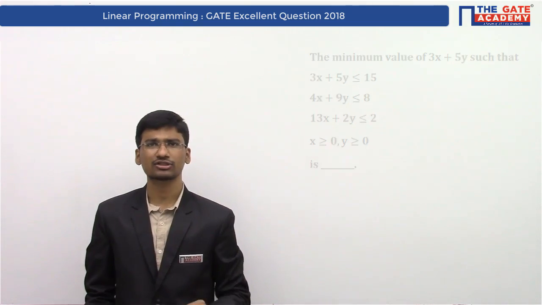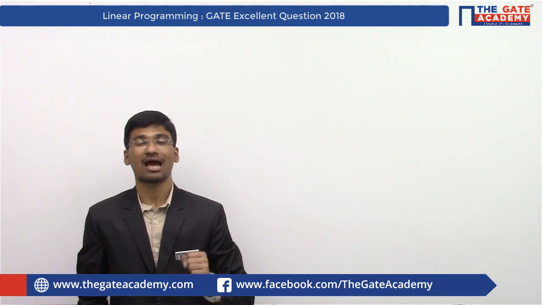So this particular question is from graphical method. So we can solve this particular question using graphical method because there are only two variables given, right? So which are x and y. Now this question has two approaches. Okay. So first approach we will just do this conventional graphical method and we will try to find the answer from this conventional graphical method. So second one is a shortcut. Okay. So which you can do by just looking at the question, right? So let's do the conventional approach first.